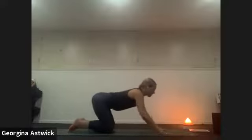Inhale, lift the hips, reach the arms overhead. As you exhale, tuck the toes, cactus the arms. Inhale, lift the hips. Exhale, curl into a ball. Tabletop position, inhale. Downward facing dog,